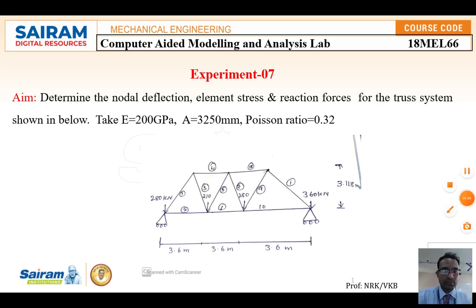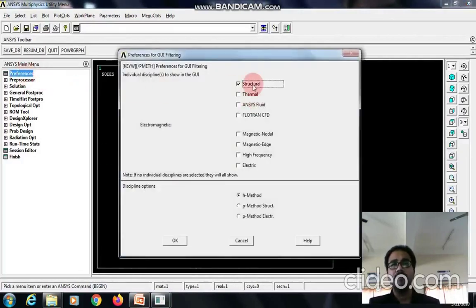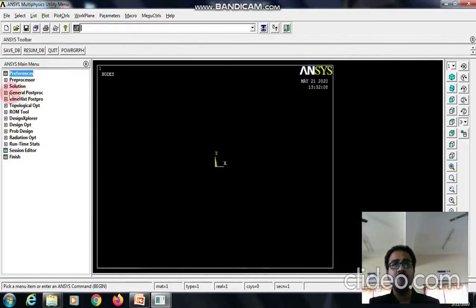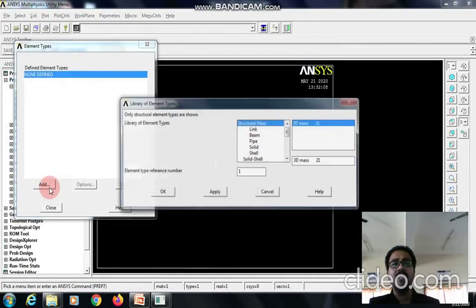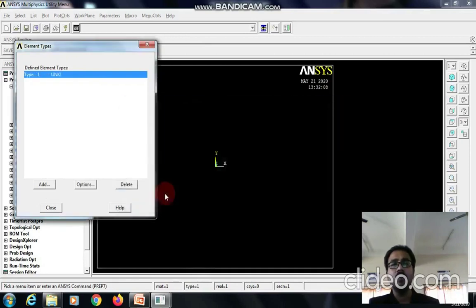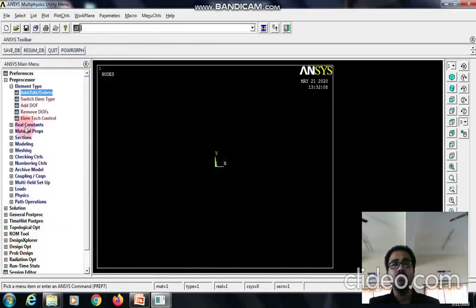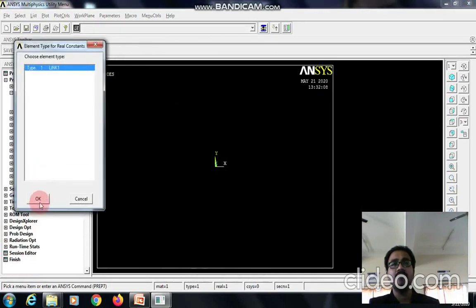Solving the problem in ANSYS. Select preferences, structural. Go to preprocessor, element type, add, edit, delete, add. For bar problems and truss problems, always select the element type as link, give OK, close. Go to real constants, add, edit, delete, add.